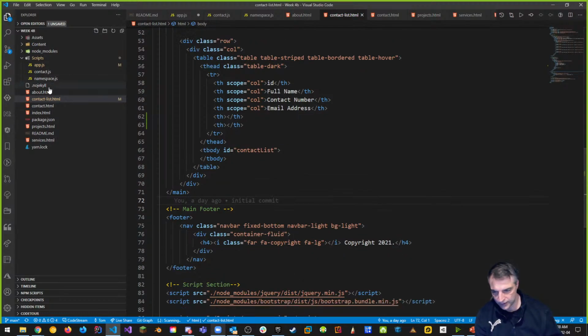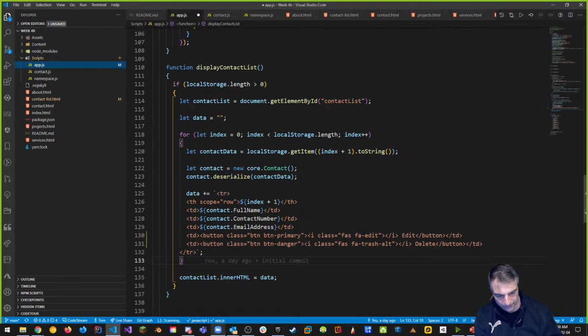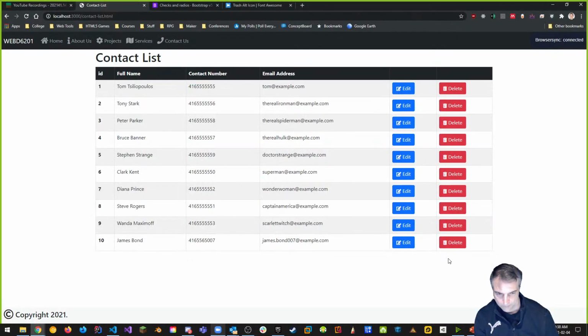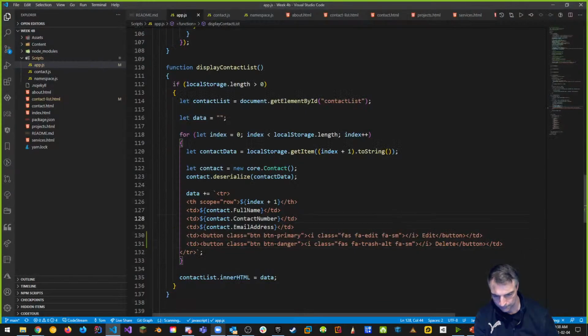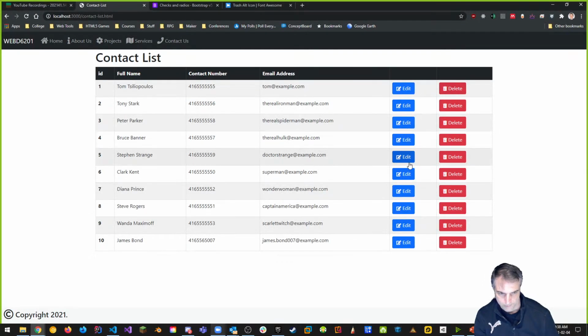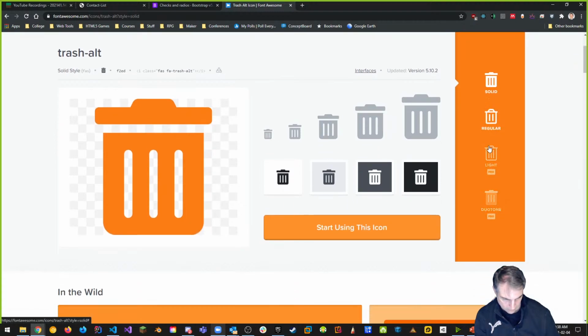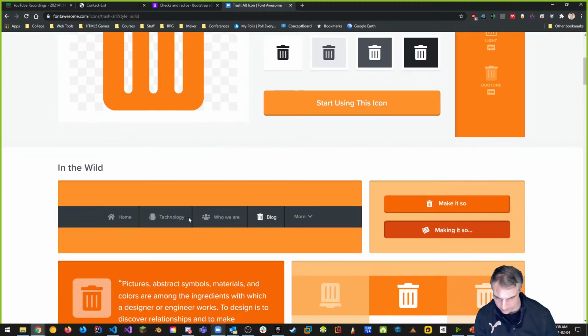So let's go back to our app.js. Instead of FAS FA edit, we're going to make it FA-small, because I think that's just better. Small buttons, right? I think that's how you do it. Let's make it so that there are different size classes. Regular, light. This is size 2x. This is size 3x. What is the regular size? In the wild,